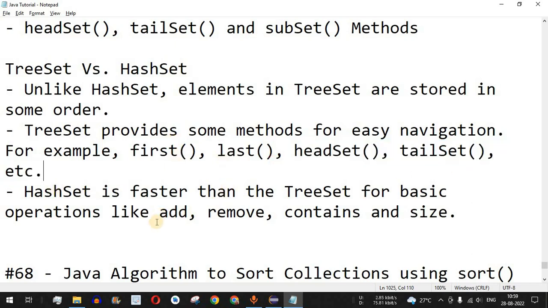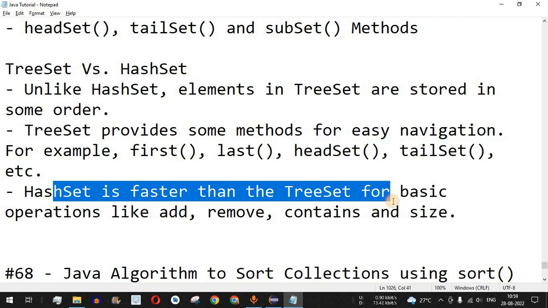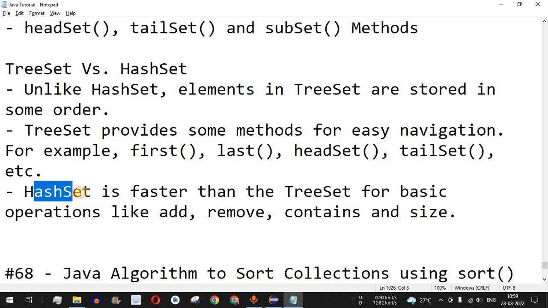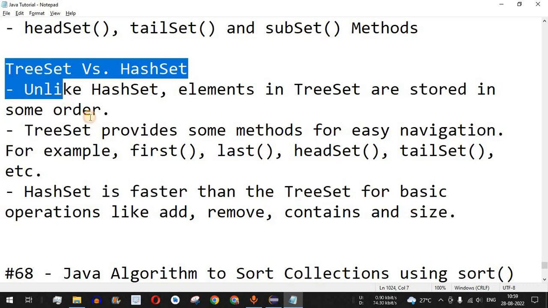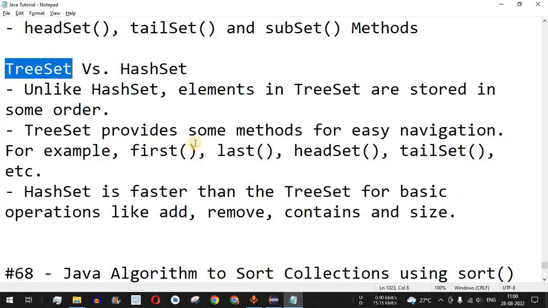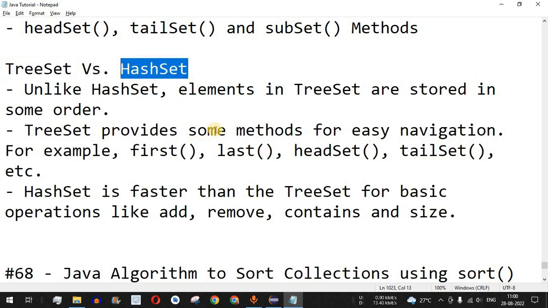Now guys, as far as performance is concerned, HashSet is faster than TreeSet for basic operations like add, remove, contains and size. That's because it is not preserving the order in which the elements are being added, and in TreeSet, it runs some particular algorithm behind the scenes in order to sort the elements that we have added in the TreeSet object. So guys, basically these are some of the differences. Now based on your requirements, if you want to have the elements in the sorted order, you can use the TreeSet, but in case the performance is one of the important things that you have to check, then you can use the HashSet in order to avoid the duplicate elements being present in the set objects.